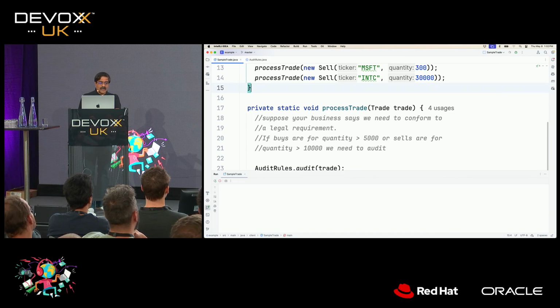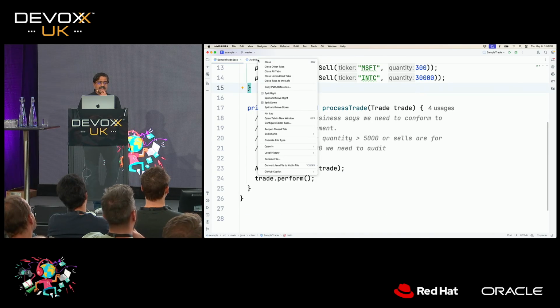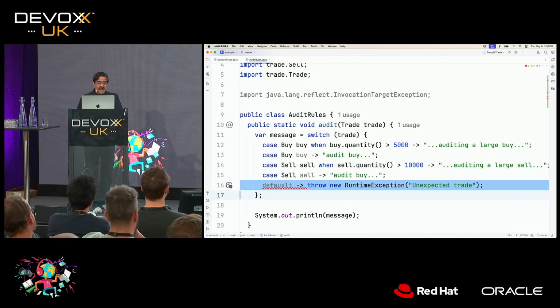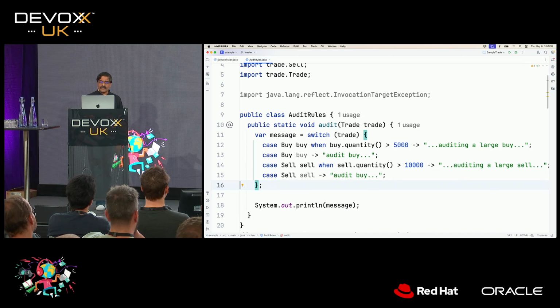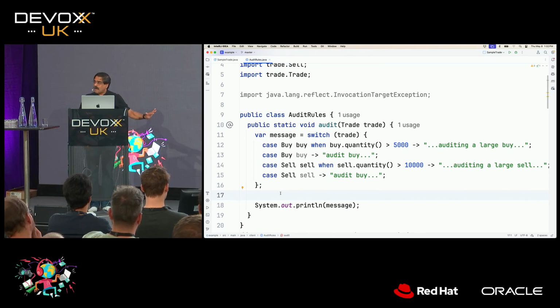So we can run the code and see if it works. Seems like it. So then I can go back to this code and say, hey, wait a minute. Because it's sealed, I don't have to write the default. Notice the compiler is no longer complaining that it's not a covered path, because your trade can only be a sell or a buy. It cannot be anything else.